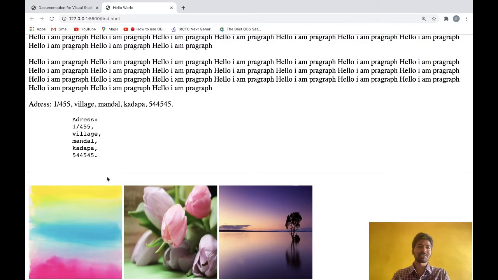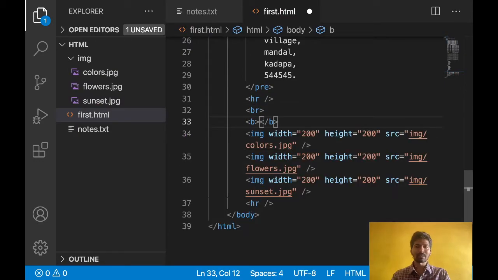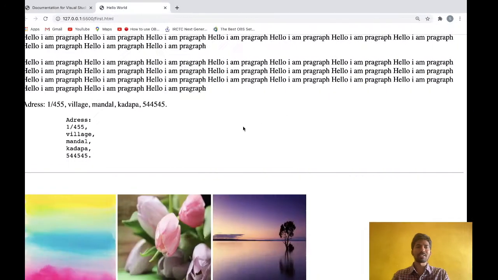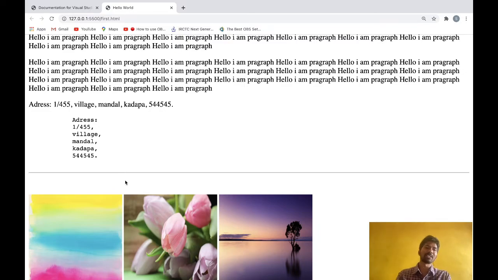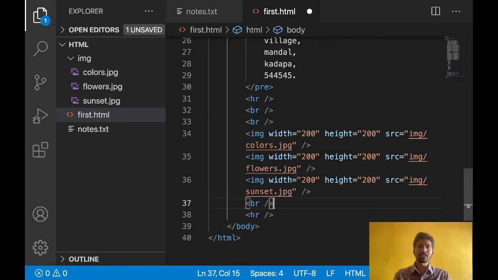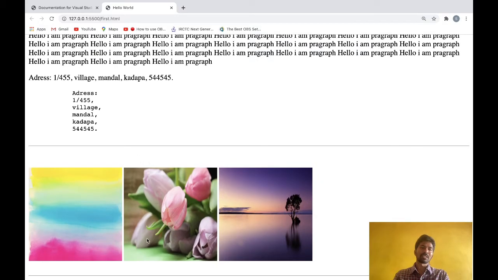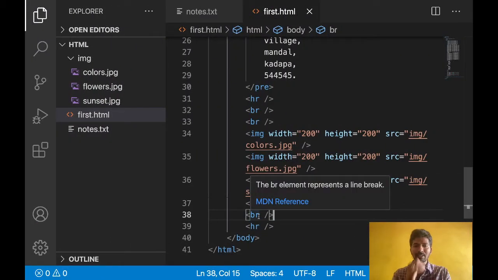Let's see how. Now space is coming. If you want to give some more space, this will end like this. Actually, just save it. See, now two break lines we given. BR means breaking line. So two lines of space I given. After this, images also I can use the same thing. After an image I want to give some break, some space. See, it is coming. So like that you can use the break.